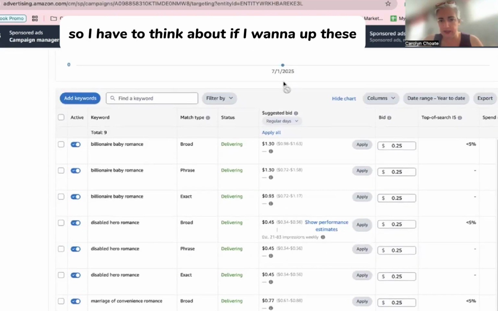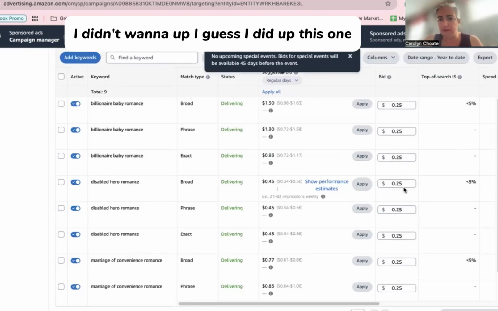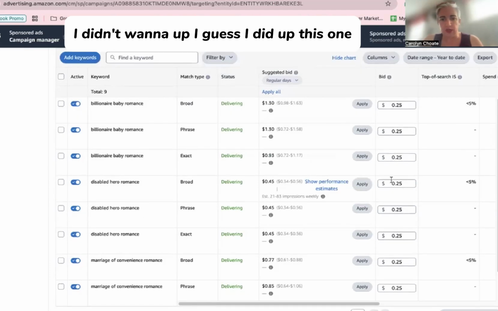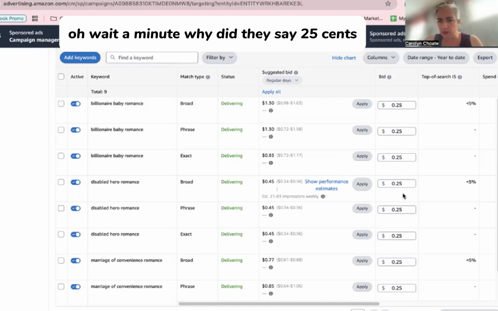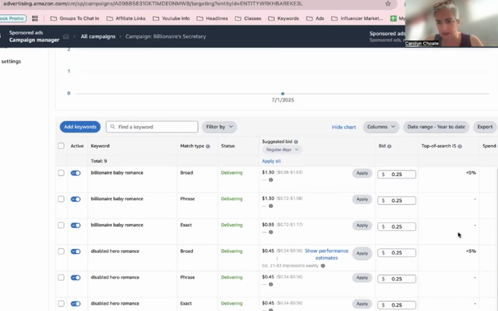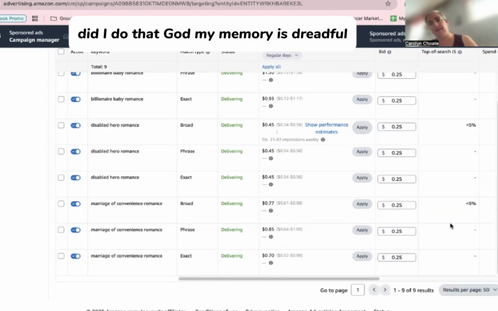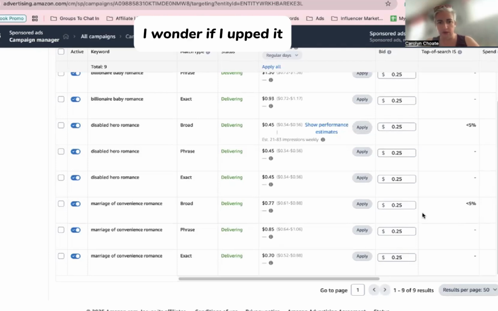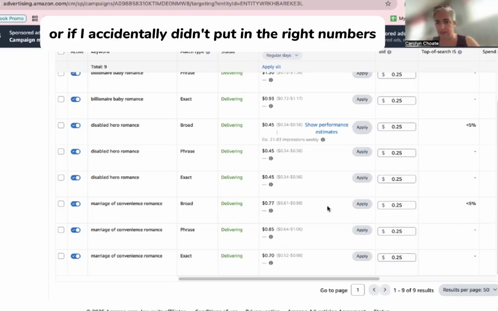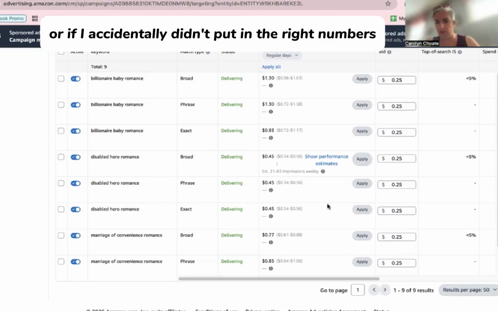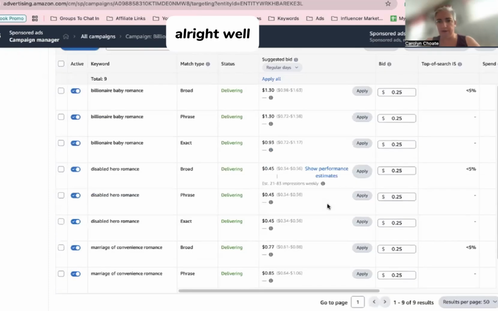So I have to think about if I want to up these. I didn't want to up, I guess I did up this one. Oh, wait a minute. Why did they say 25 cents? Oh, geez. Did I do that? God, my memory is dreadful. I wonder if I upped it or if I accidentally didn't put in the right number. All right, well,